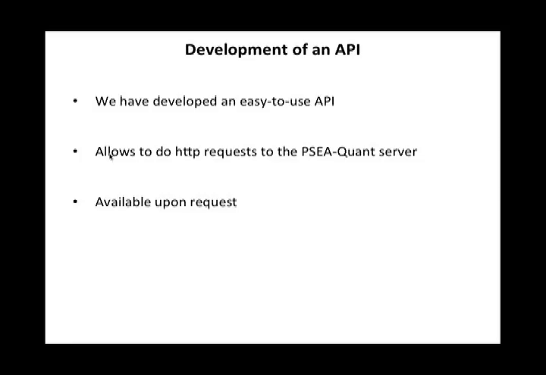So some of the new developments of PSEA-Quant, I have a brief list here, and I'll go into the details individually for all of them. To list them, we developed an API in order to link PSEA-Quant with some of the other tools of the center. We've also added new organisms for the enrichment analysis.